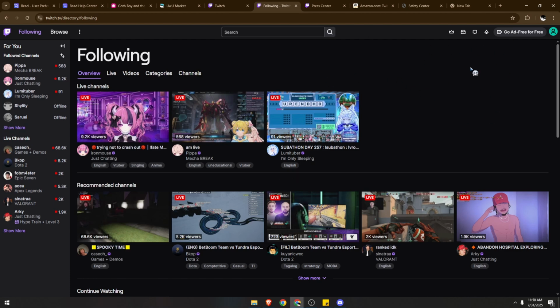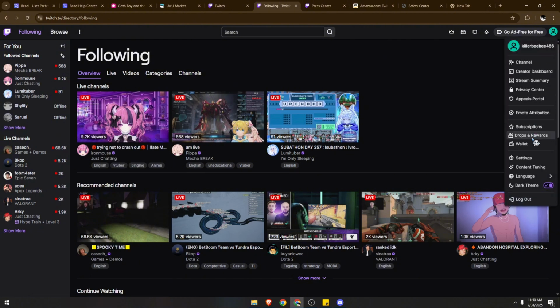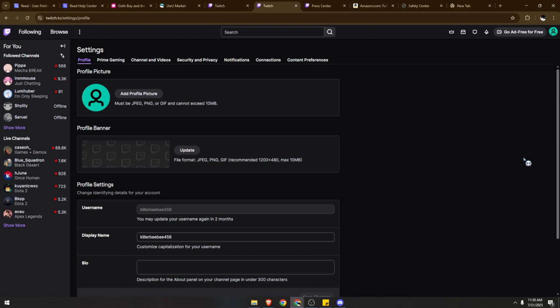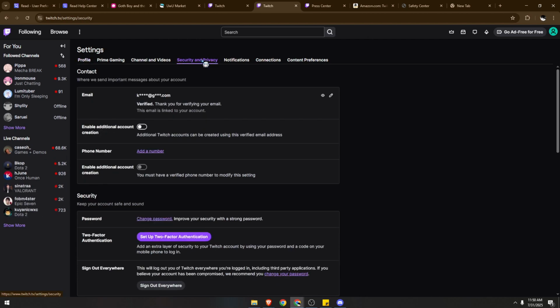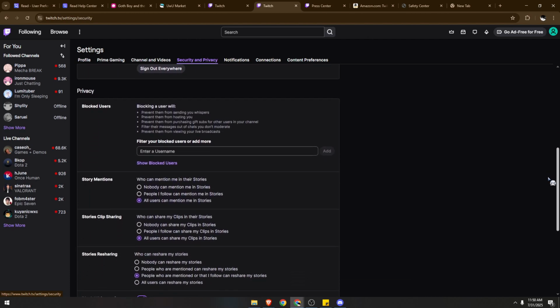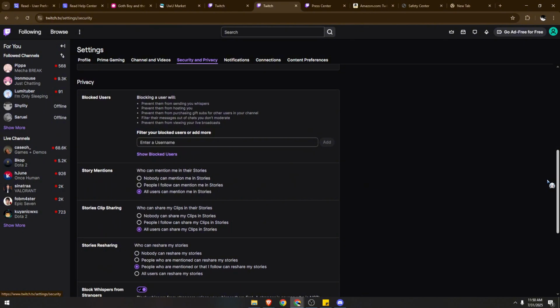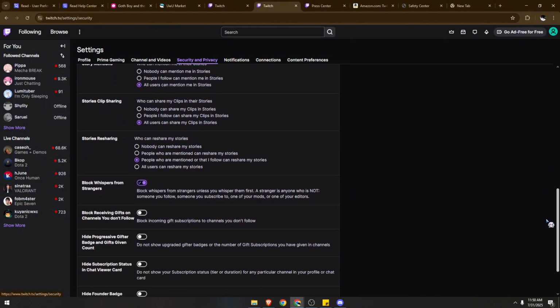So over here, follow my mouse cursor, click on your profile icon and left click settings. Once you're on this page, I want you to go to privacy and security here. Then scroll down, go to the privacy section, and you'll see the option to